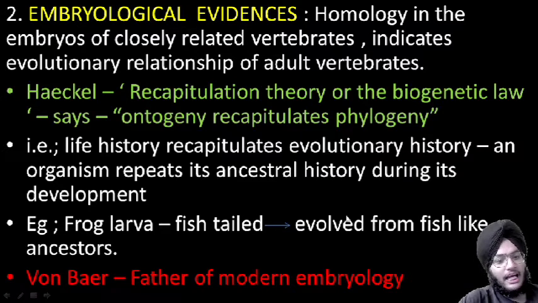That is, life history recapitulates evolutionary history, which means an organism repeats its ancestral history during its development. For example, we see a frog larva which is fish-tailed and can swim in the water. From here we can derive that frogs have evolved from fish-like ancestors. Von Baer is considered the father of modern